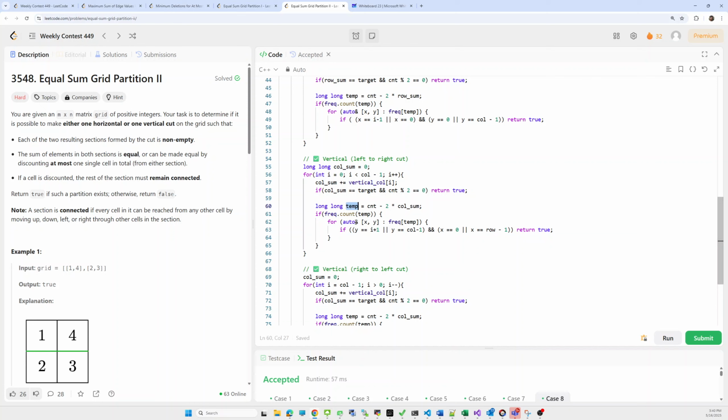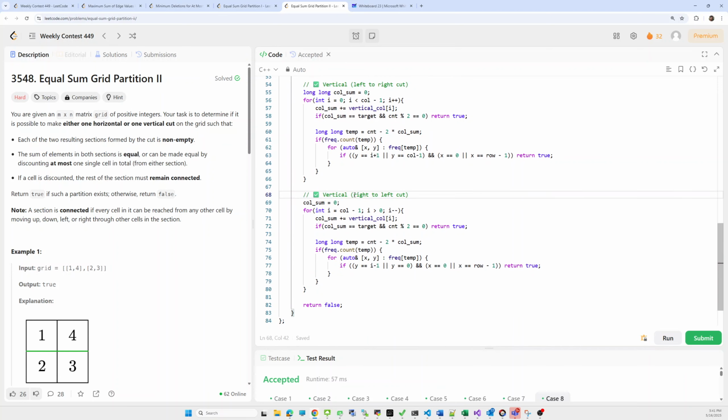For vertical, this y is available on the next right or the topmost right. Either this element is from the top row or from the bottom row.